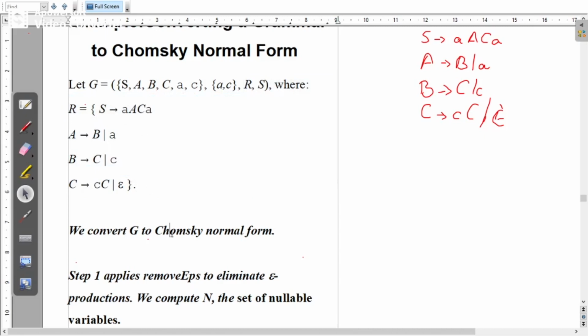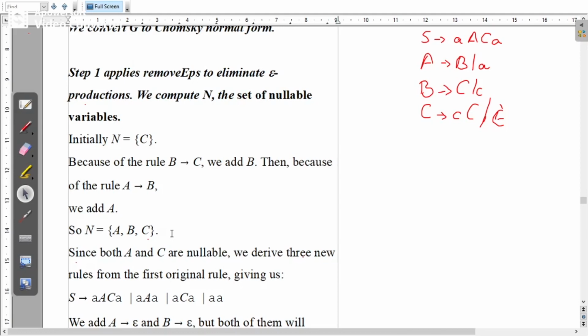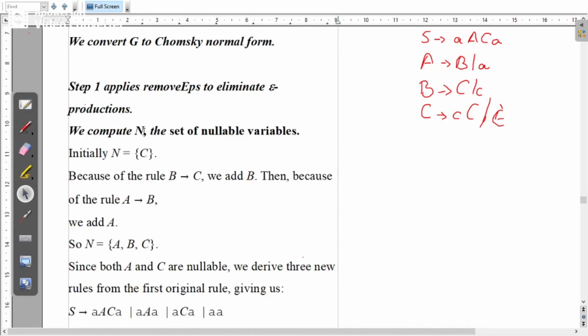Now let's see how to convert it. As a first step, we have to apply the remove epsilon algorithm, which is used to eliminate epsilon productions from the grammar. So here we need to compute N, that is the set of nullable variables. So how to identify the